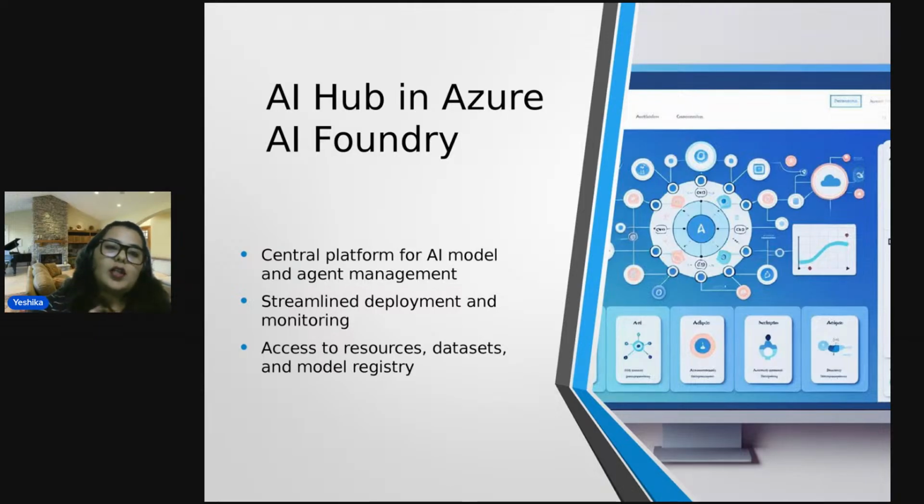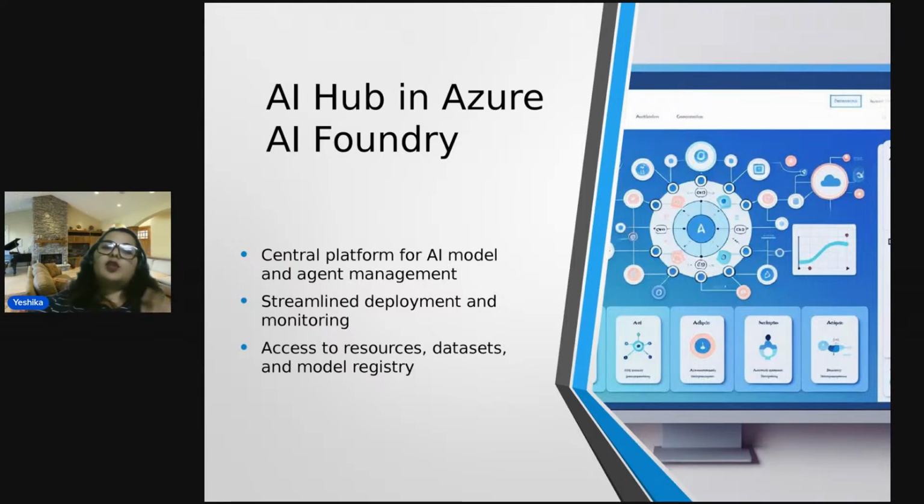That's why it is called an AI hub, which holds all your elemental phases that are required while creating an outcome or the product that will be your agent. So this is the central platform for AI model and agent management. It provides streamlined deployment and monitoring.